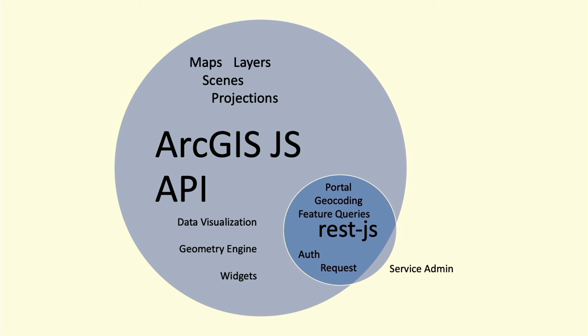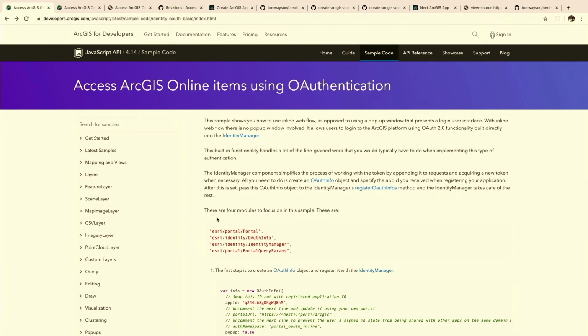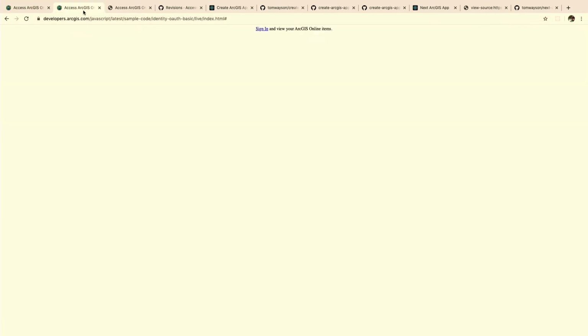The demo that I want to show is actually a port of an ArcGIS API for JavaScript sample. The reason I like this sample is because all of the functionality inside the sample exists in that little area of overlap. It doesn't do any of the other stuff that you would use the ArcGIS API for JavaScript for. The name of the sample is accessing ArcGIS Online items using authentication. The best way to see what it does is just to take a look and run it live. The idea is that you sign in,